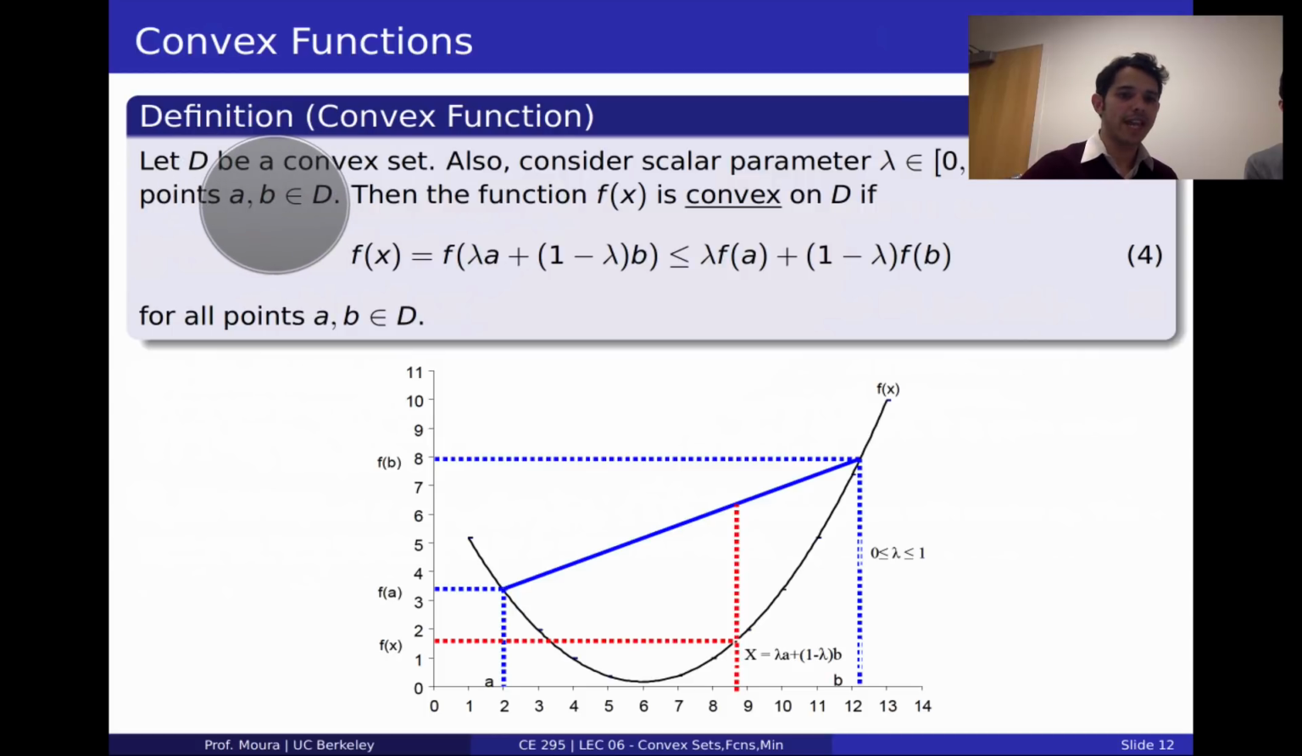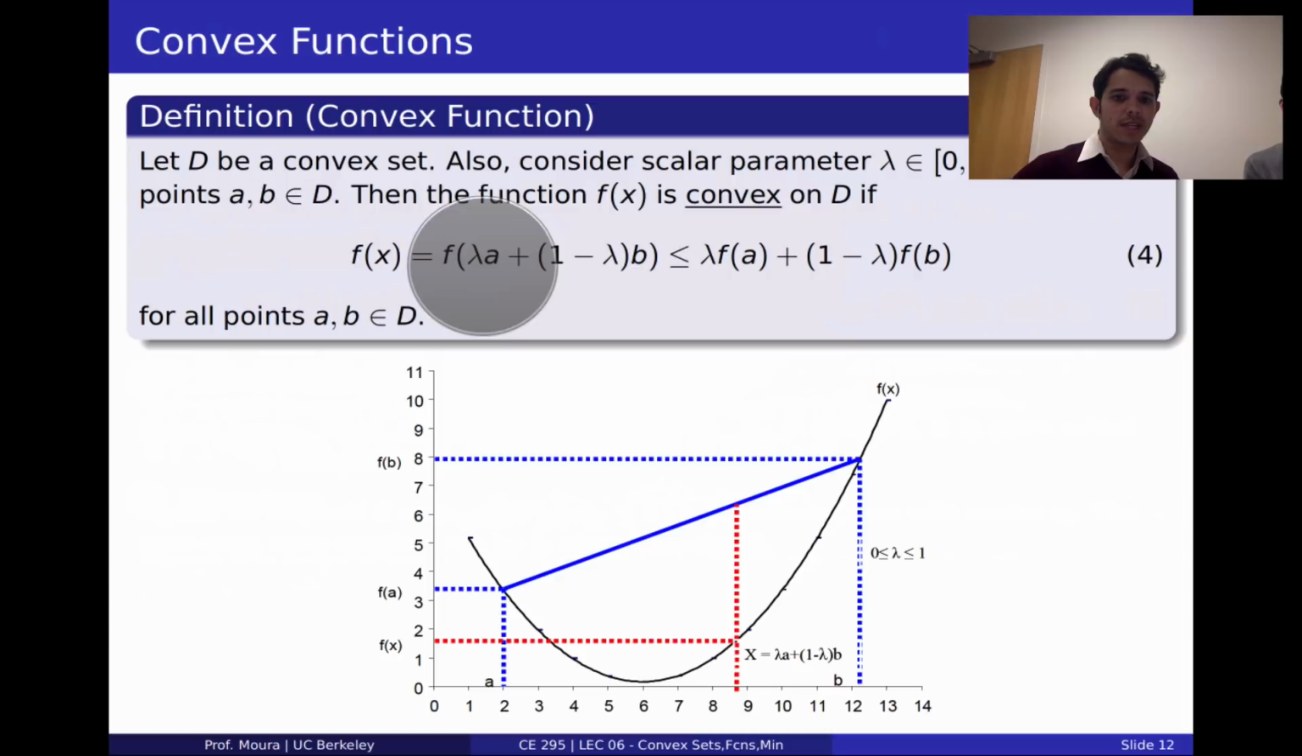And then we'll have 2 points A and B that exist in this set that x is defined over. So we say that the function f of x is convex on the set D if the following inequality holds. So what it says is,